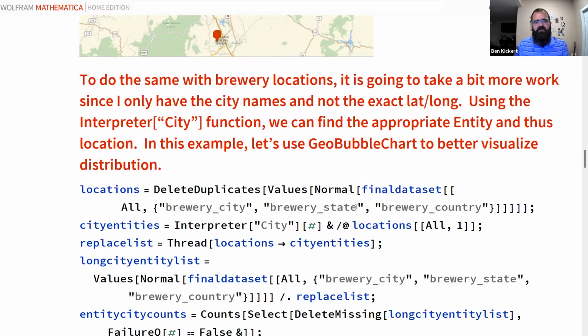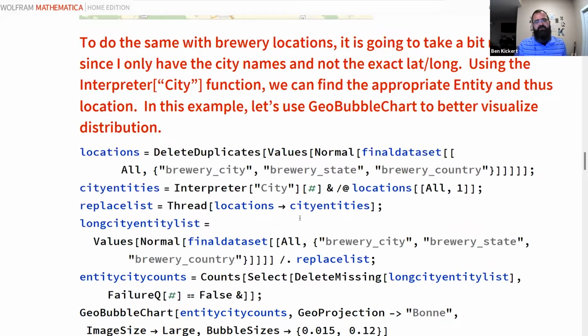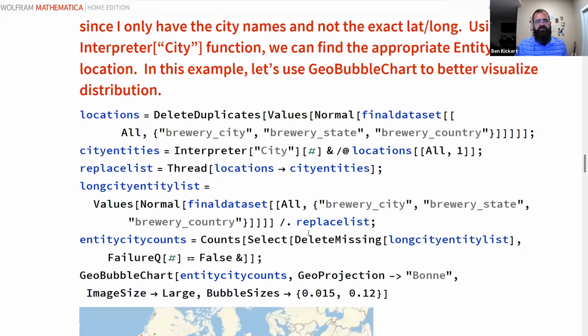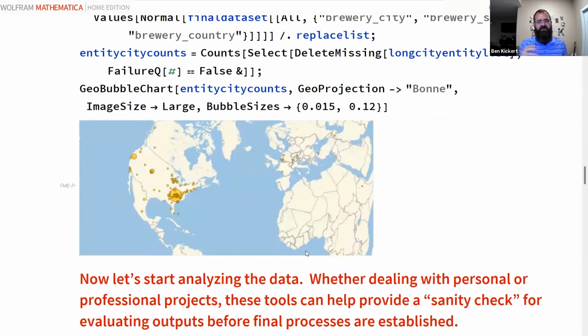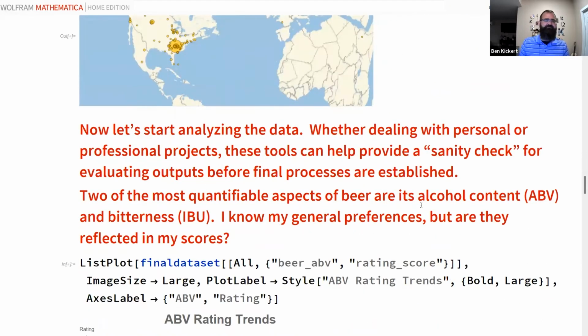To get that data, I was able to use the city interpreter, and simply feed the information about the brewery, city, state, and country into it, and then create a different visualization of where all the beers I've had are from. Since a lot of what I had were microbrews and were local, you can see that there's a strong representation on the East Coast.